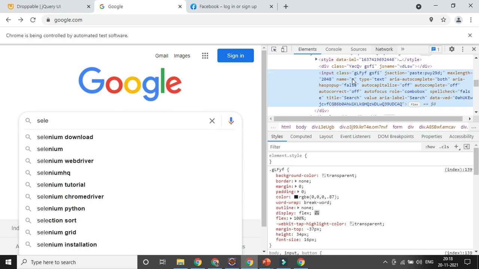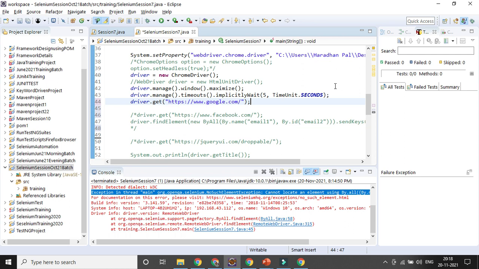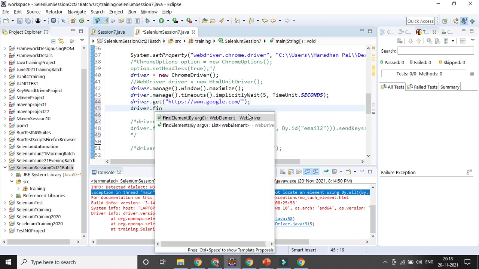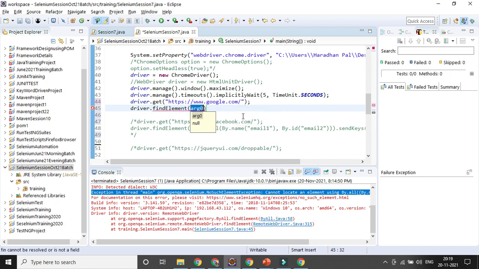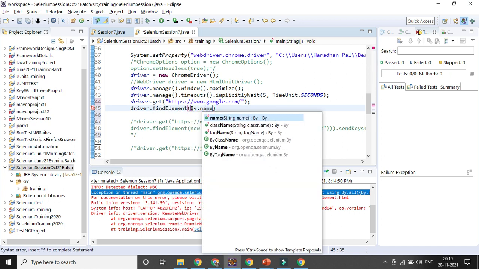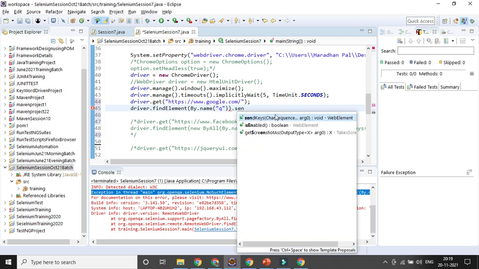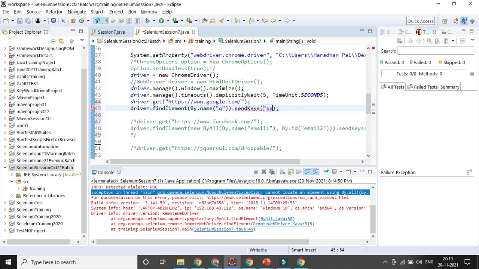It's name with Q. I can search with the name Q and enter Selenium. So driver dot find element by dot name, which is Q, and then I can use send keys and type here Selenium.